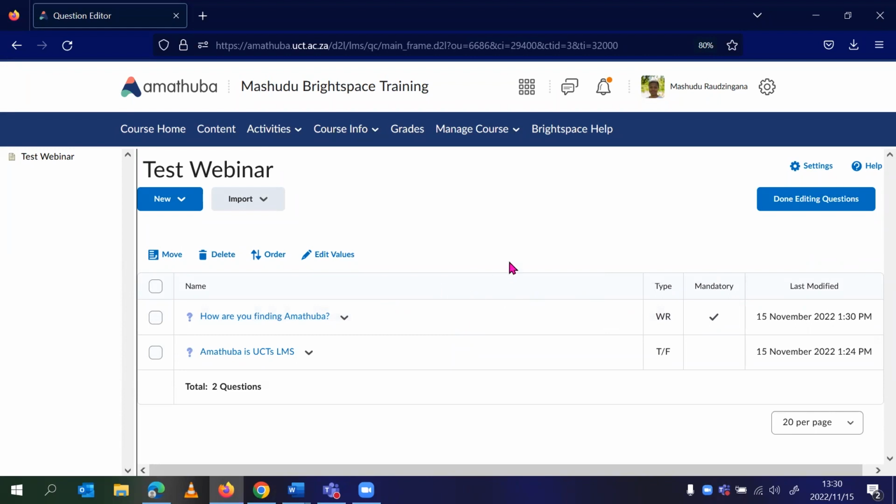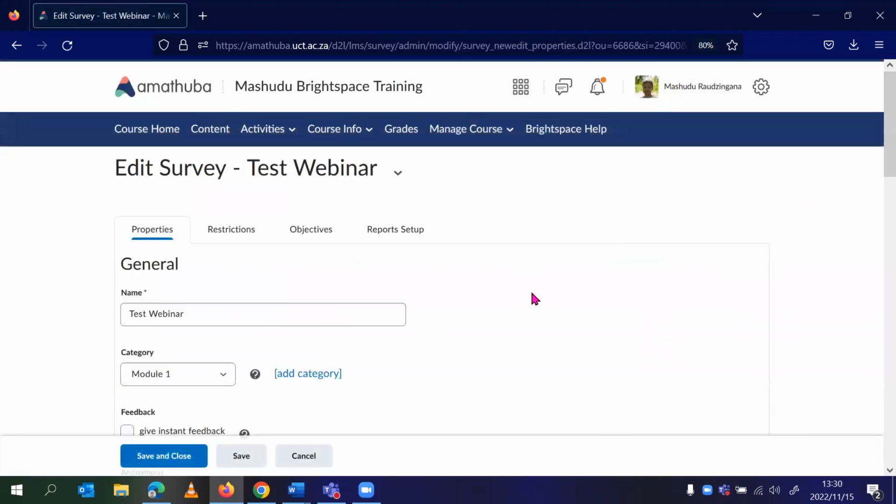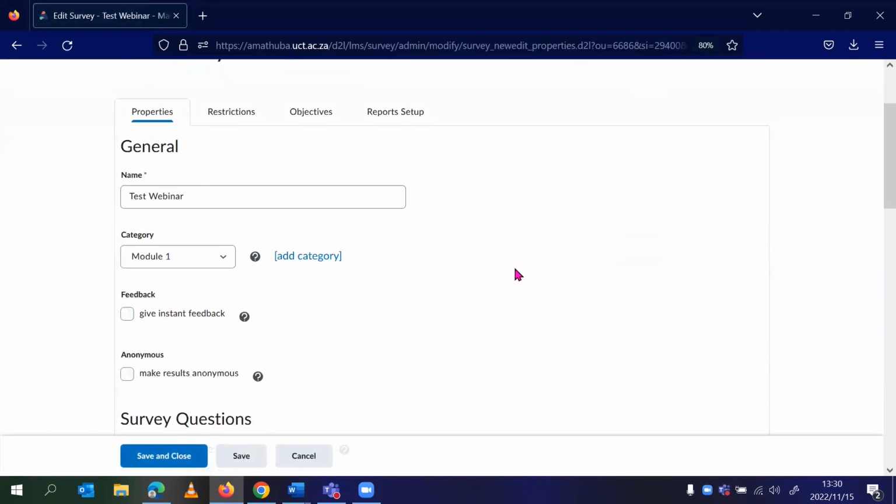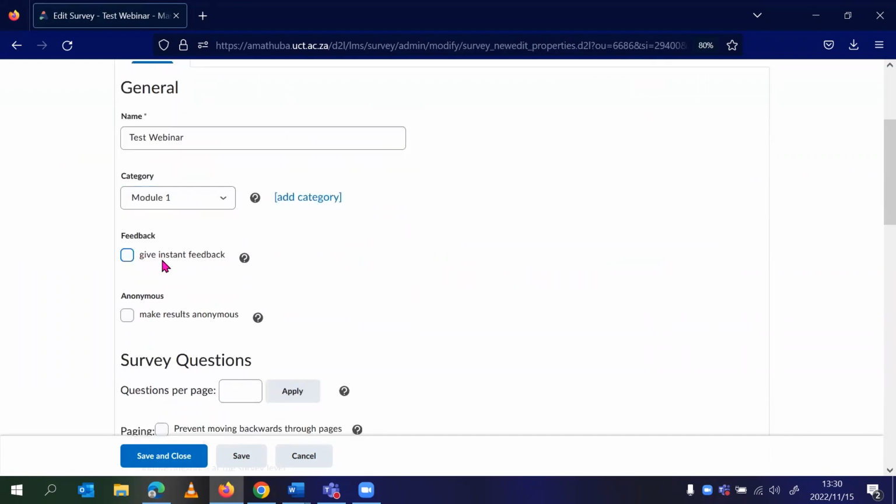Now we've completed our survey, and now it's time to send the survey to our participants. On the top right-hand corner of the screen, there's a button that says Done Editing Questions. You click on that button, and it will take you back to the main surveys page where we first started, with the survey title and the categories and